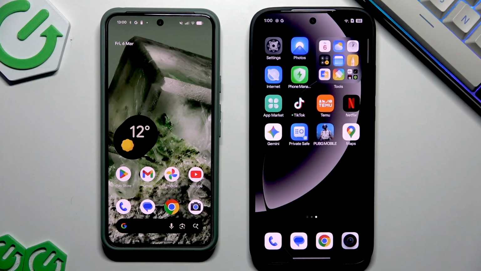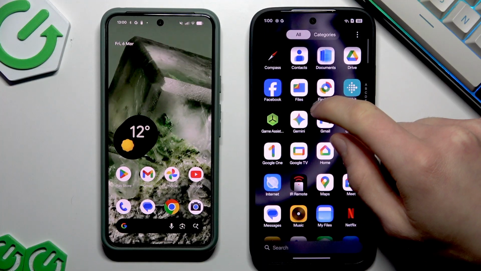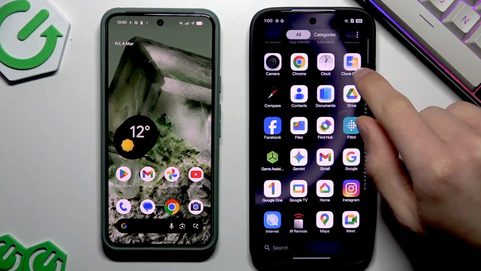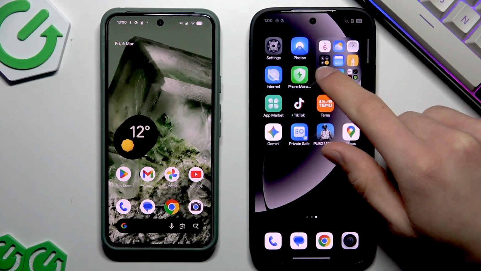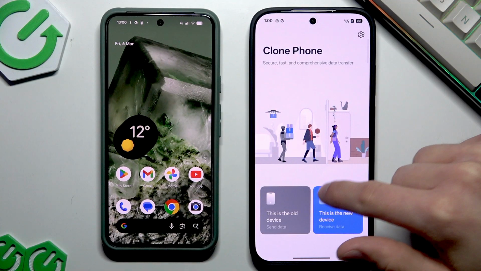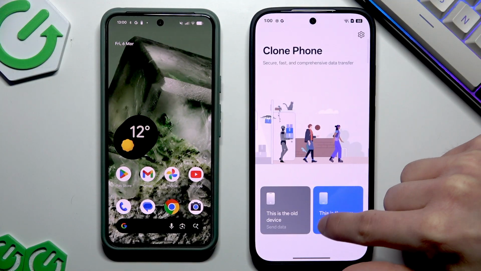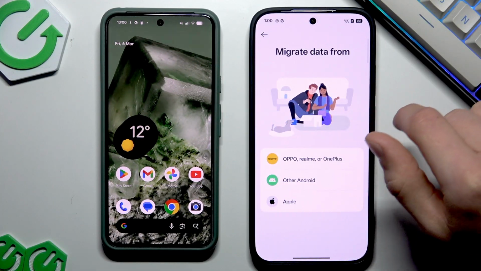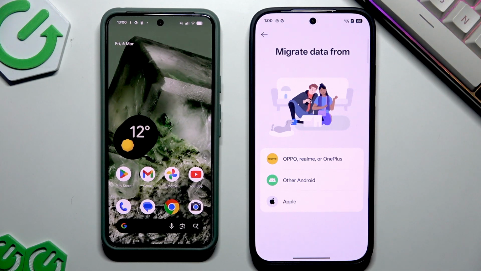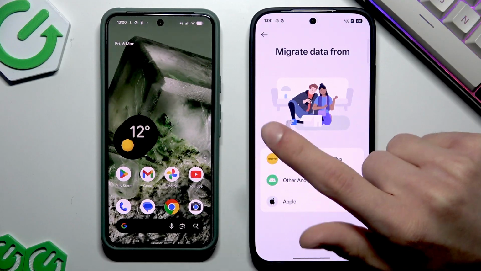First of all, you're gonna have to find the application called Clone Phone either in your apps menu right here or in the tools section on your home screen. Then you're gonna have to select "This is the new device" on your REALME. Tap allow and give this application all the permissions. Then you're gonna have to select the old device